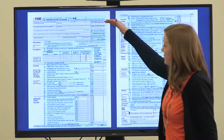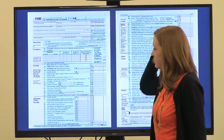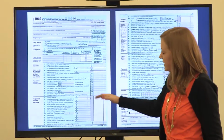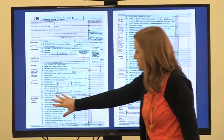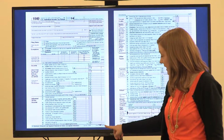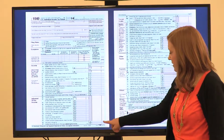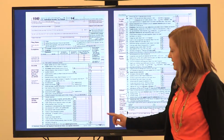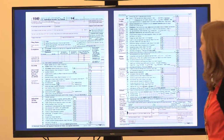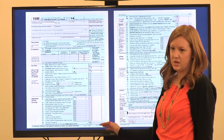Our top section right here, we have basic information: your name, your filing status, your exemptions. This section right here is where all of our income gets reported. And then this bottom section is any adjustments. These adjustments are going to be direct subtractions off of our income. Our bottom number right here is what's called our adjusted gross income, or our AGI. And this becomes a very important calculation for us in the tax return because there's a lot of numbers that depend on what our AGI is. So our goal is either through income or adjustments to try and get this as low as possible